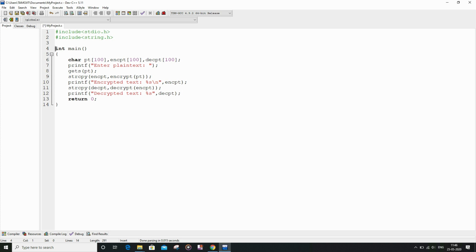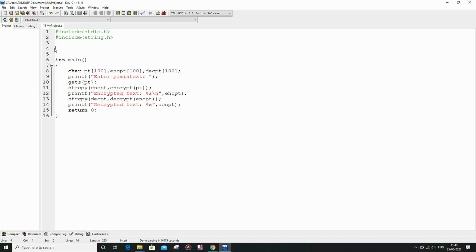Now let us write the encrypt function. Basically the encrypt function is going to return a character string, so the return type will be char star. And here encrypt is the formal parameter.